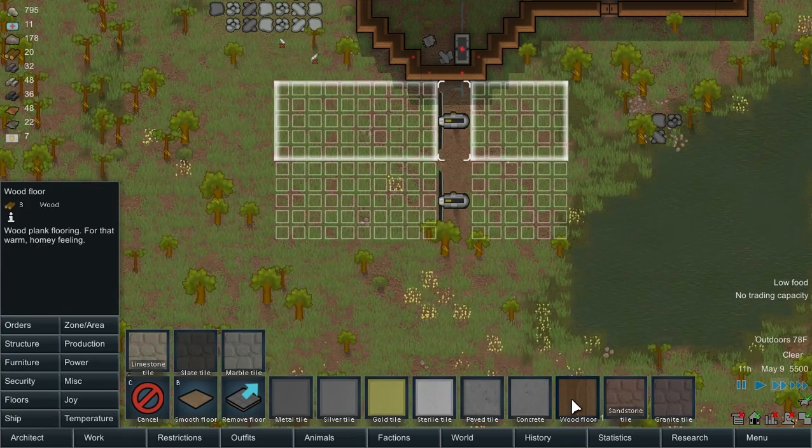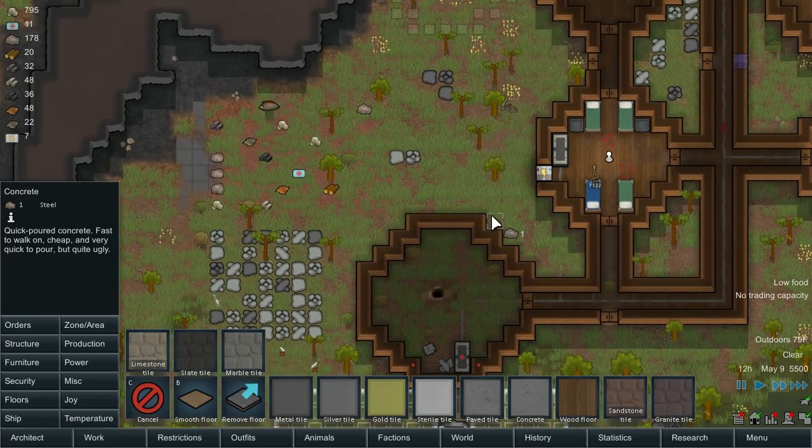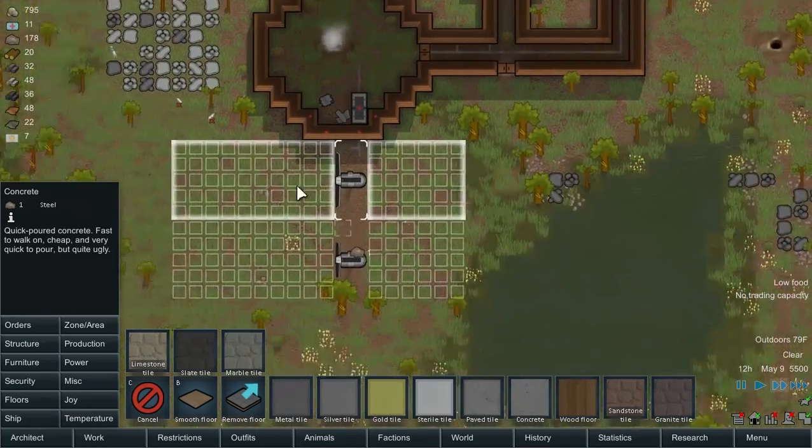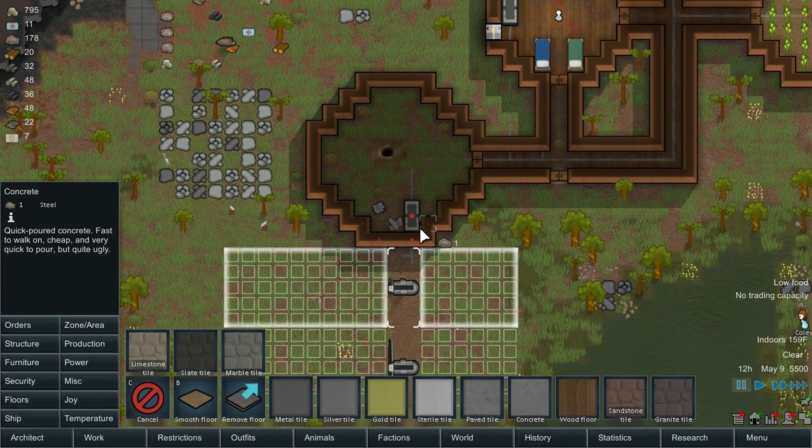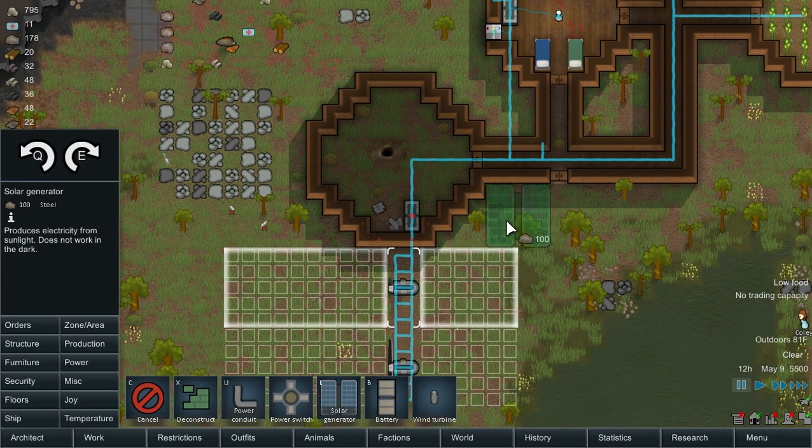You could put wood floors down, but at the moment, I don't have enough trees. And I want to make sure that these things are actually producing, which right now they're not. So I probably want to go ahead and throw down a solar panel just to have it. Let's go ahead and...